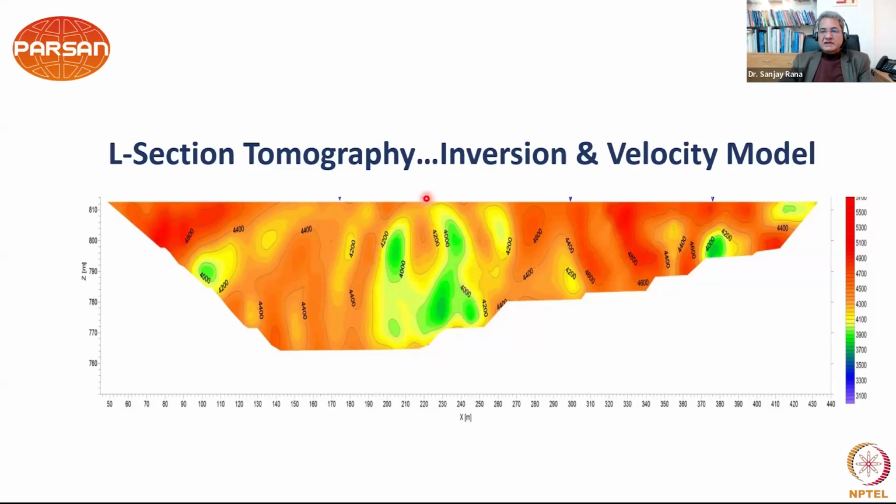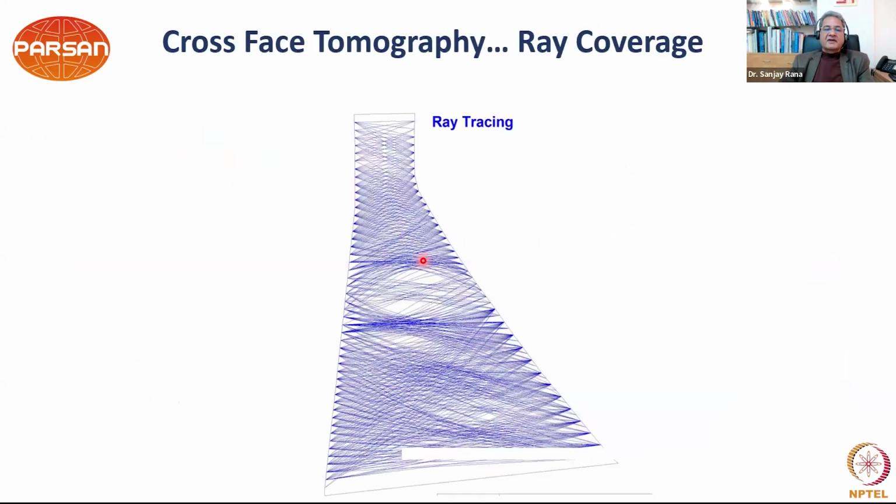And then we choose this location for doing a cross-section tomography. So in cross-section tomography, again, we have the upstream phase and the downstream phase. Same thing, we will have receivers on the upstream. In the area where there is no water, you can use normal accelerometers or geophones. Where there is water, you can use hydrophones. So there is no need to empty the reservoir to do this study.